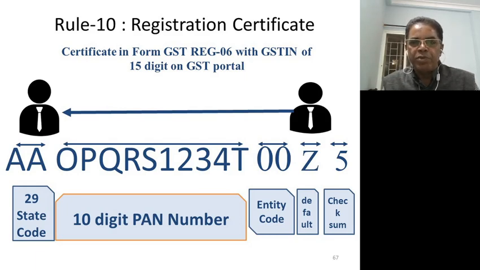A to Z means up to 10, like 1, 2, 3, 4, 5 or ABC. It is reflected as A or B or C. If it is registered in only one state, or in more than one state, or for only one product, or more than one product, the default will be taken automatically.